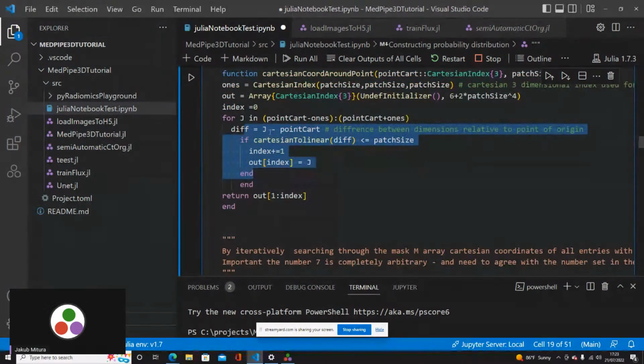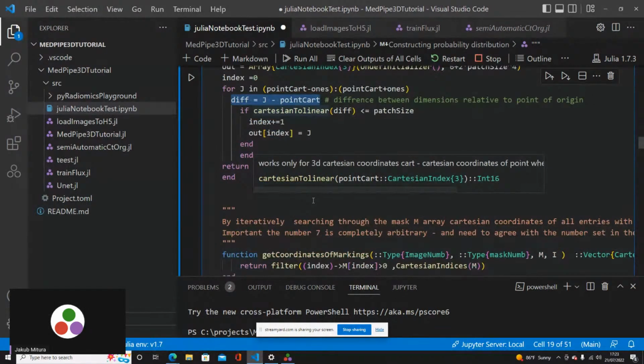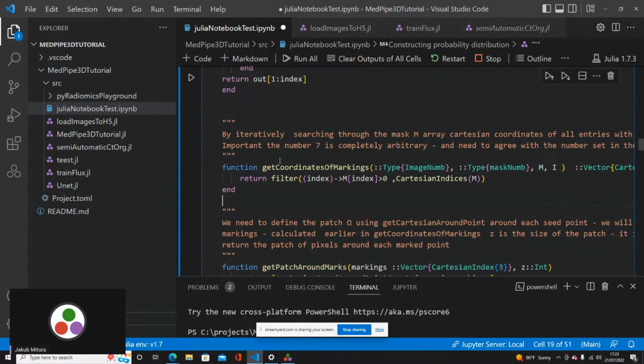But here we are just choosing the Cartesian indexes that are within the distance from the center voxel. Here we are filtering from the array that we annotated all of the indexes that have values bigger than 0.